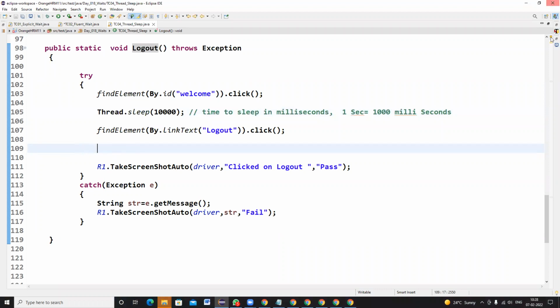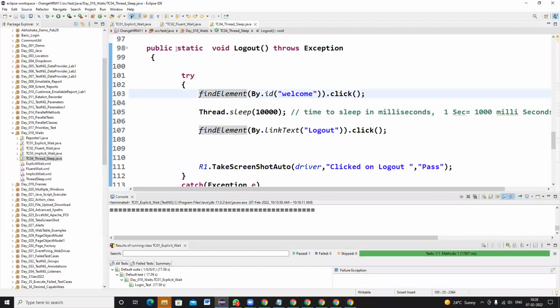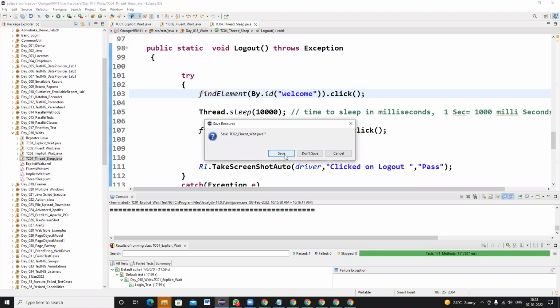Yes, sir. Okay, right. So in the interviews, if people ask, can we use thread.sleep for synchronization? Synchronization means the driver has to wait. No, it's not recommended. If you use thread.sleep, you have to write it in multiple places. Unnecessarily execution time will be impacted and lines of code will increase. So it is waste. Where to use thread.sleep, I will tell you in the next class. But for handling driver instructions, thread.sleep is not at all recommended.